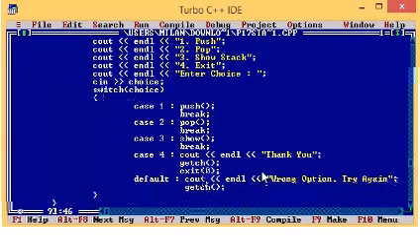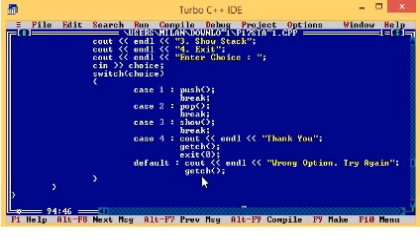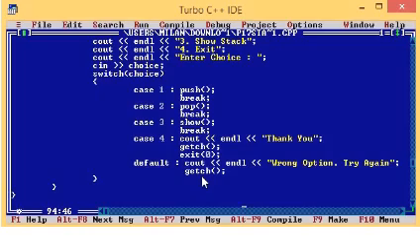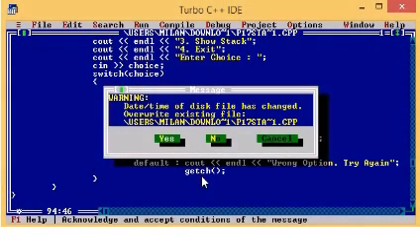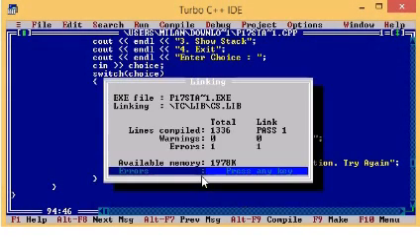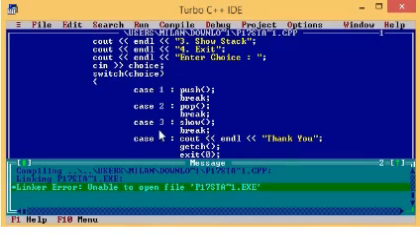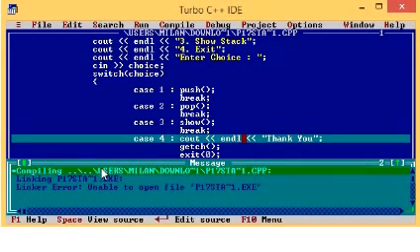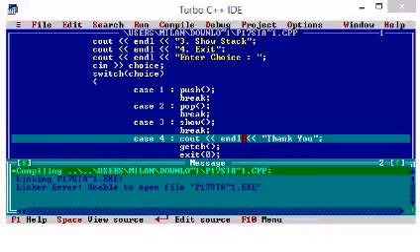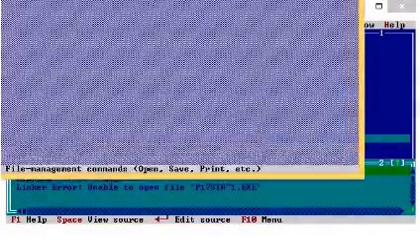Now let's continue to see how it works. After completion of the coding, what are we supposed to do? First, save the program. Now what are we supposed to do? Compile it. So here, what is the problem? Linker error. We will open our window from the Turbo C++ IDE.